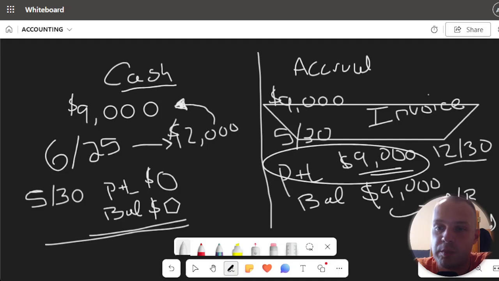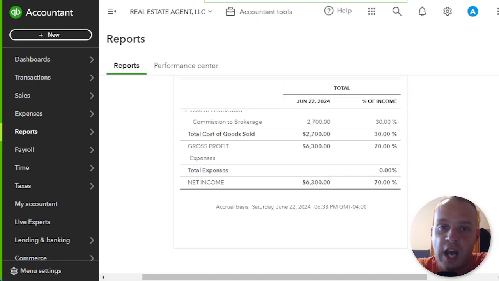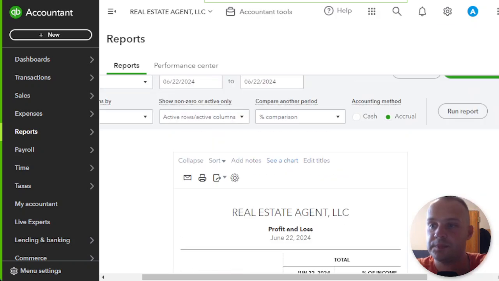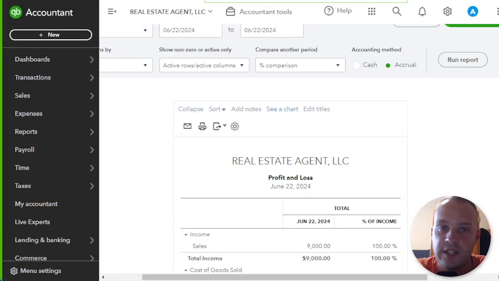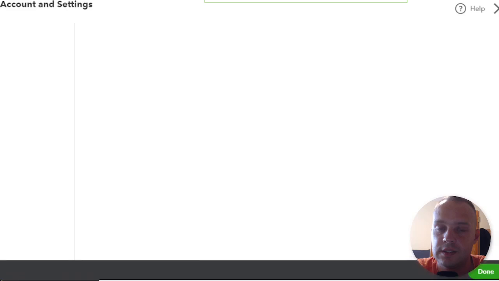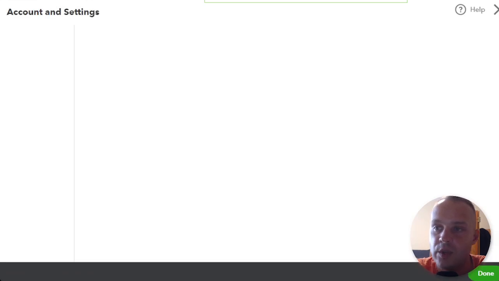If you're looking to set up your QuickBooks for cash, let's hop over into QuickBooks here. You can do that by clicking the little gear icon in the upper right corner and going to Account and Settings, and that'll pull up your account preferences and settings.